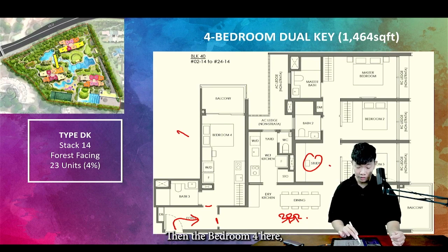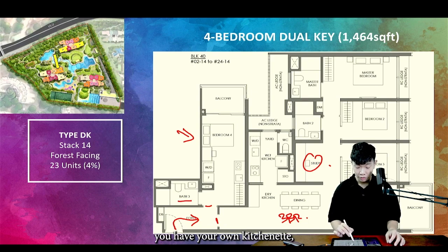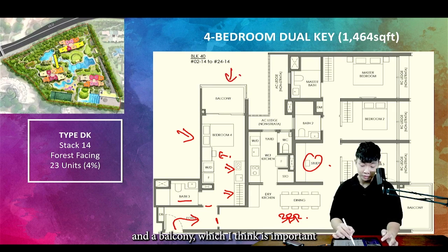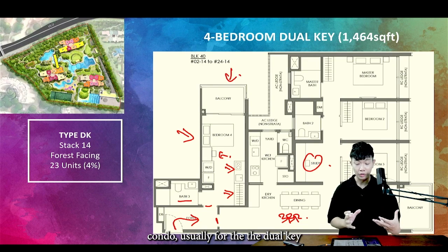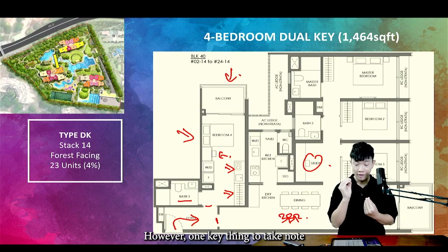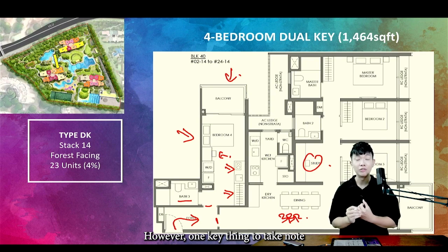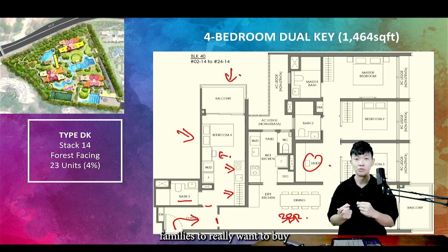Then the bedroom 4 here, this is like a studio unit, which is self-contained. You have your own bath, you have your own kitchenette, your wardrobe, you still have a small study desk over here. And a balcony, which I think is important when tenant wants to rent a condo. Usually for the dual key, they will prefer balcony also. However, one key thing to take note is that in this area, we do not expect families to really want